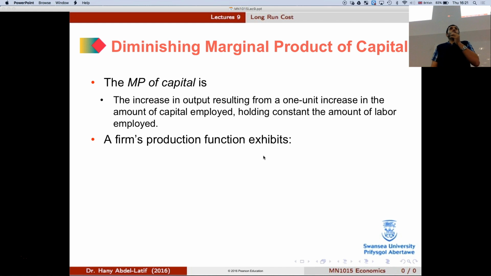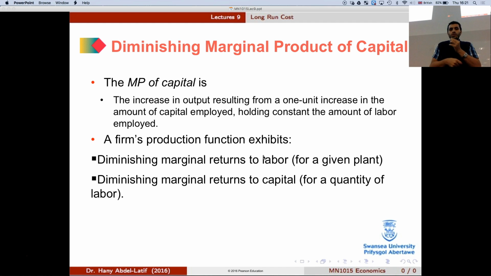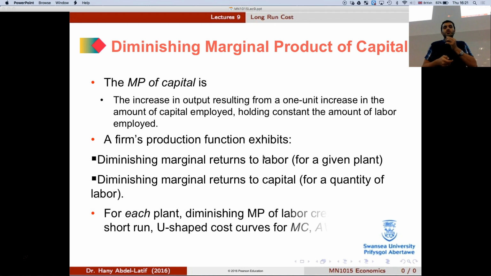We already saw the marginal product of labor from last week, and in this lecture again, it's diminishing as well. So we have diminishing marginal return to labor for a given plant. If we assume that we don't change capital and we change labor, we'll see we have diminishing marginal return. The same thing with capital. We have diminishing marginal returns to capital for a given quantity of labor, if you assume that we're not changing labor. I understand that in the long run we change both. But for this reason,